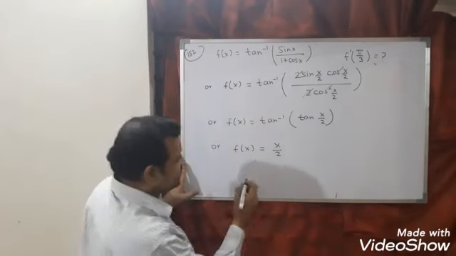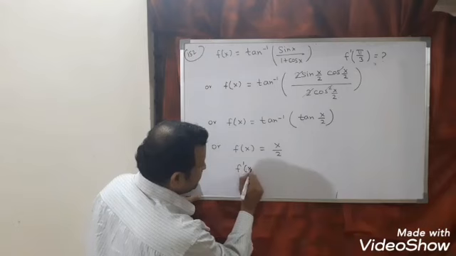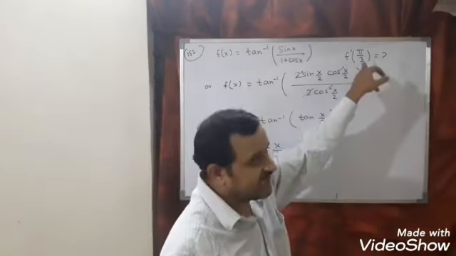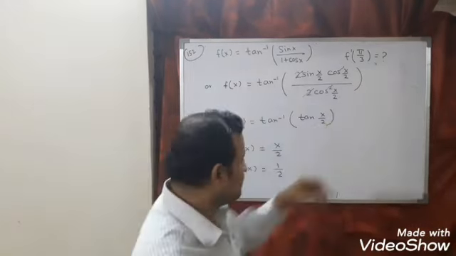Question is differentiate. So what is the differentiation of this? It is nothing but 1/2. But what is x given? x is nothing but π/3. So in place of x I am putting π/3, and again you will get the answer as 1/2. So the answer of this question is 1/2. So just apply the standard formulas of trigonometry and you will get the required answer. Next question. Question number 153.